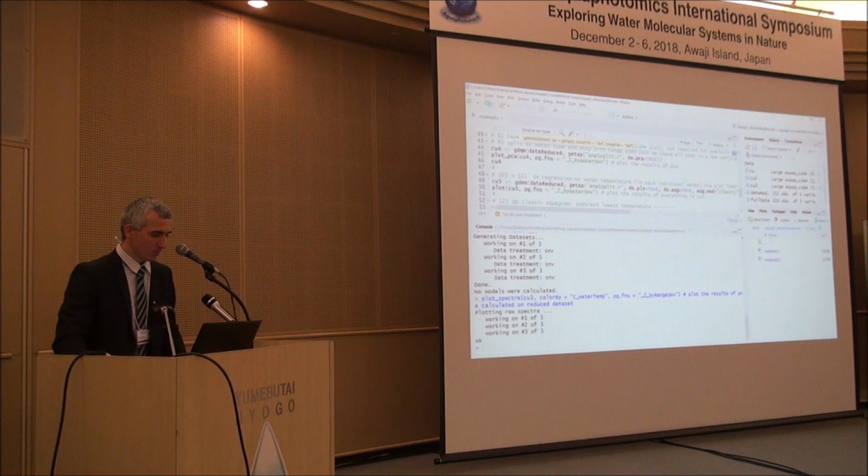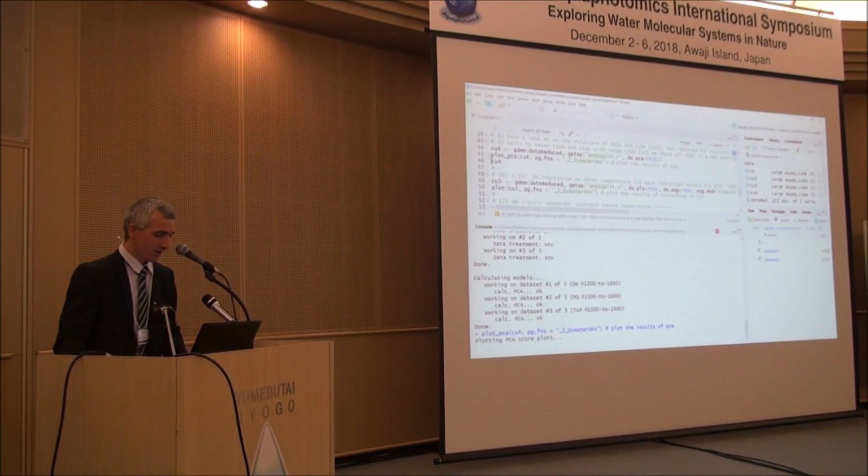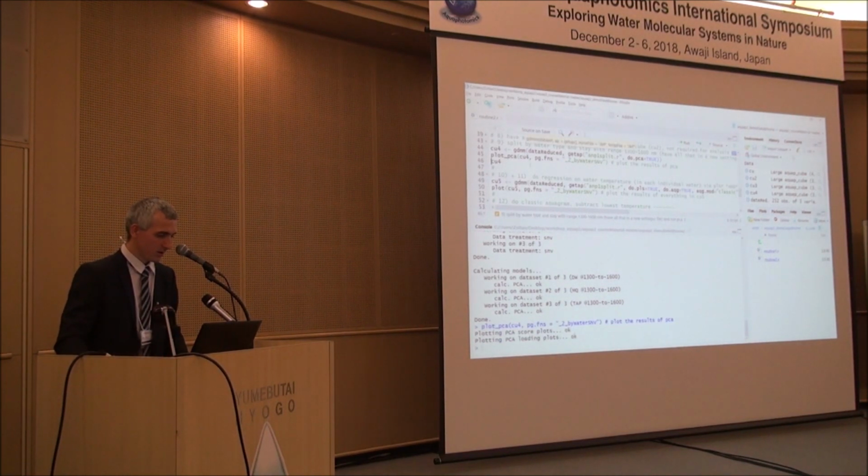Okay, so after this, making a PCA is just as simple as we did before. And regression, if we want to do a regression, for example, on the temperatures, then again,